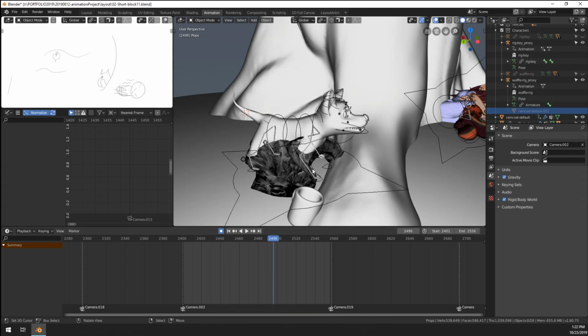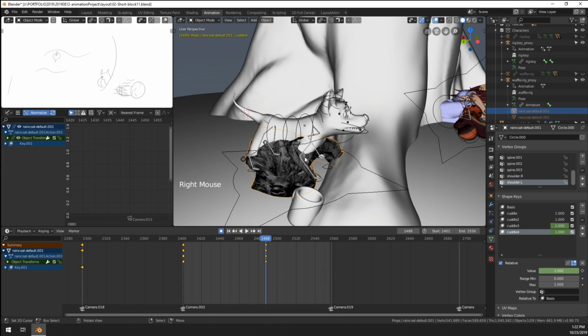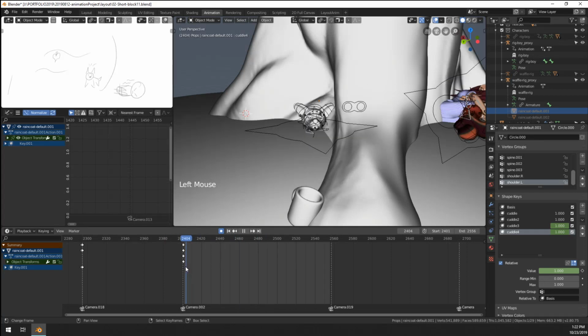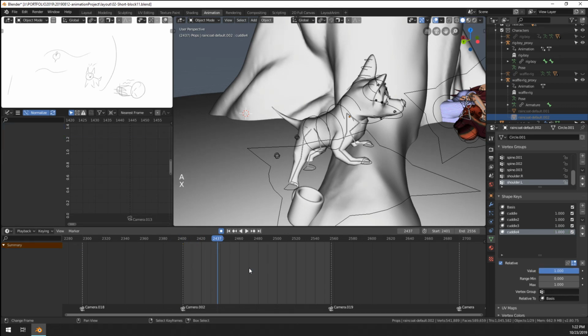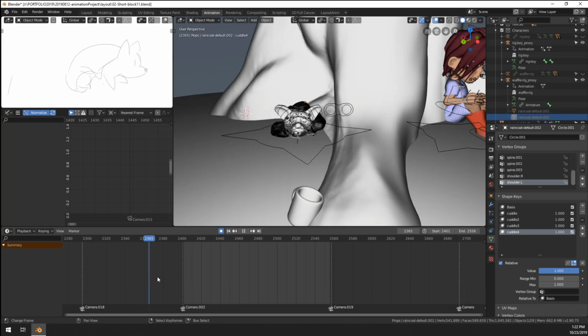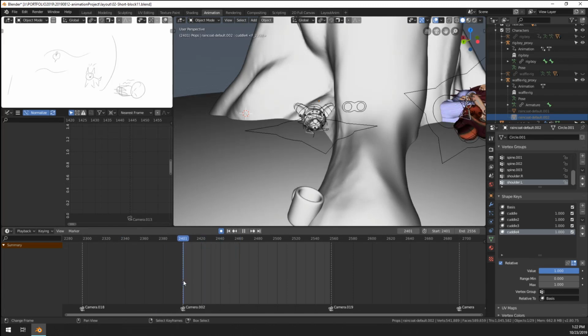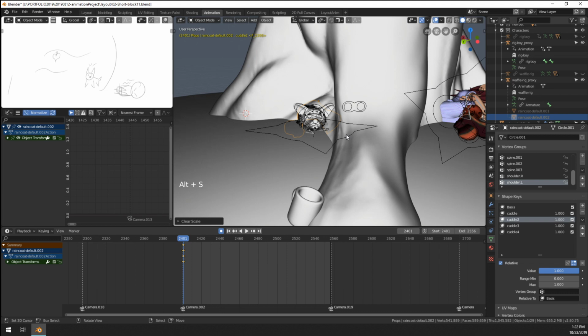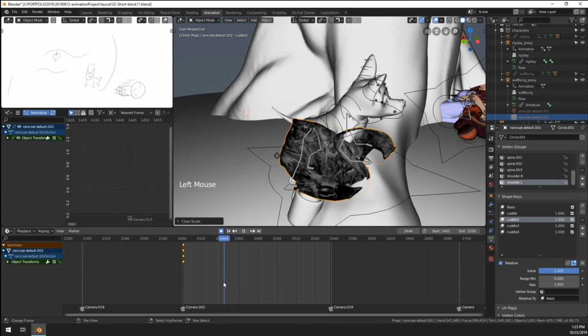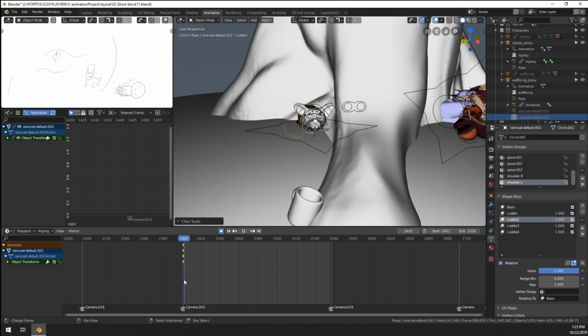Did I delete the object? I think I deleted the object. Whoops. So yeah, I want to keep the first one, so I'm just gonna delete the keyframes here, so it's still hidden, right? The other one, I'm gonna delete all the keyframes, so it should still be here, right? Yeah, okay, that's good. And then the second one here, yeah, we'll see. I'm just gonna Alt S on this one, and I'm gonna